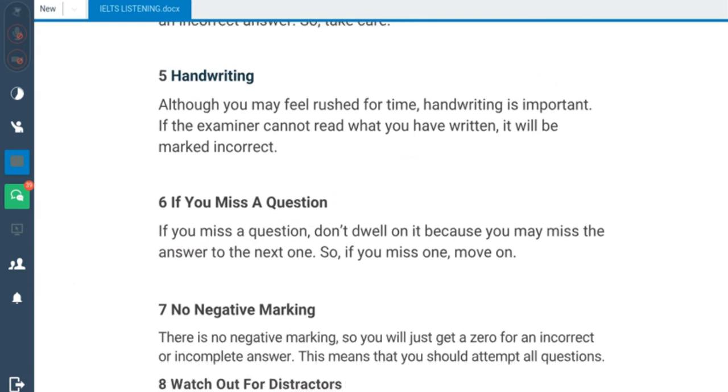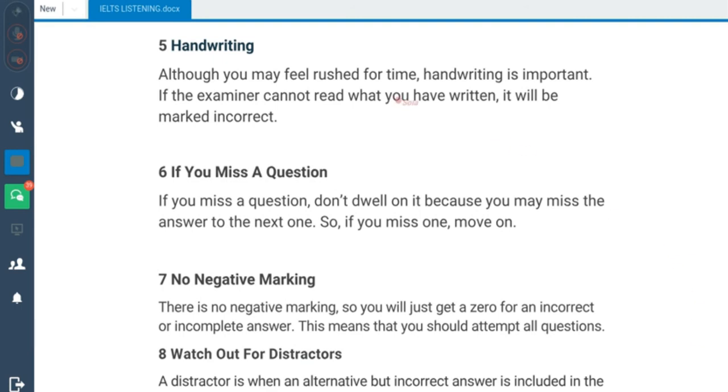Now, another thing is handwriting, most especially for people who will be taking the paper-based IELTS. If you are taking paper-based, you have to be careful with your handwriting. Handwriting is important. If the examiner cannot read what you have written,